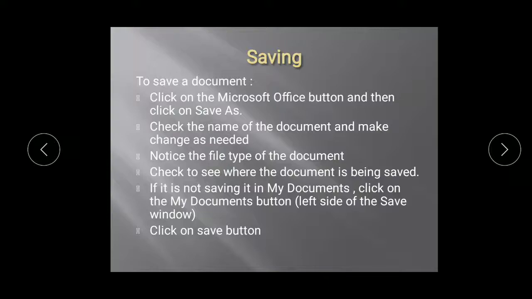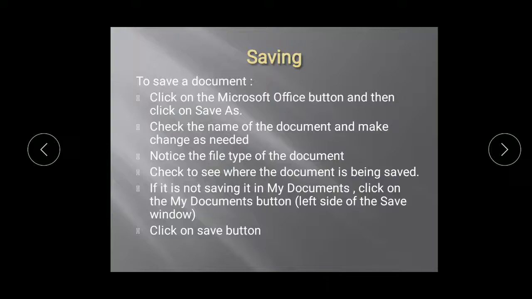Once you click on that, a save dialog box opens, and the second text box in the save dialog box is file type. It means whether you want to convert that file type to a PDF, whether you want to create it as a doc, whether you want to convert it with XML, or you can go with other file format options depending on what extension you are giving.